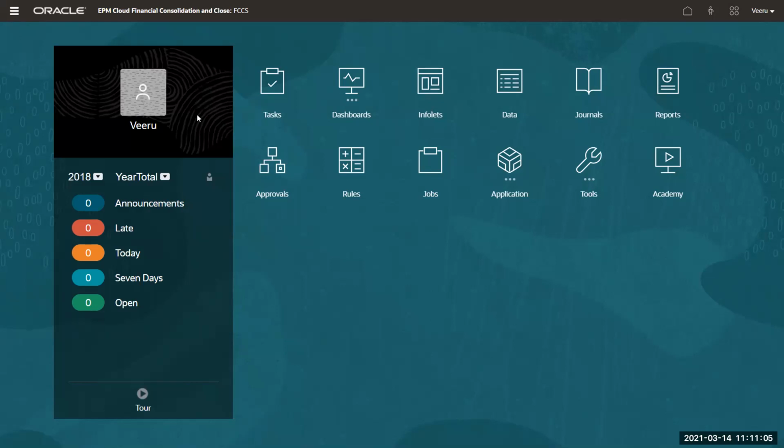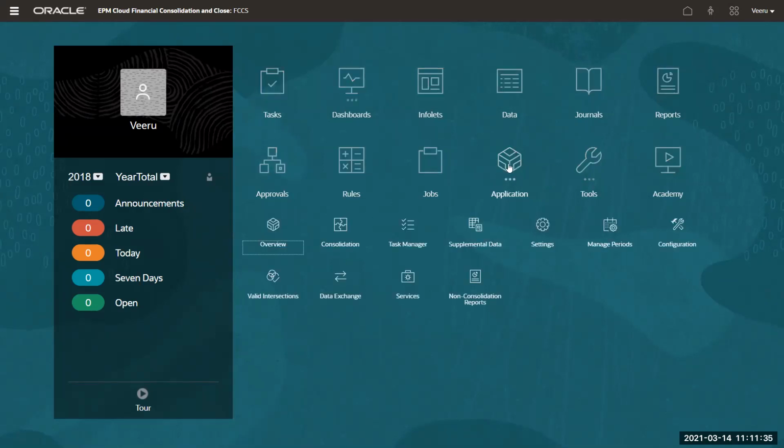So you can have your access created in the identity domain, and then you will be able to see it here. Okay, so these are all different. These are all called cards or clusters. That is the terminology used by the Oracle product. A card is an individual card, which means it does not have any sub tasks. A cluster has different tabs underneath it. The application is a cluster because it has certain other tabs underneath it, so it's called a cluster.